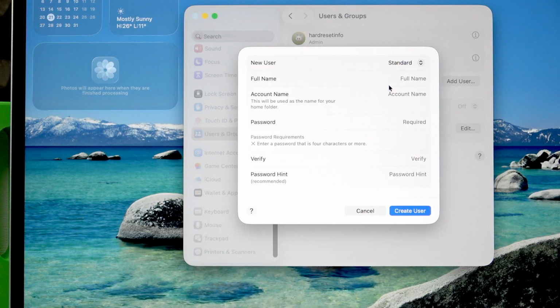Then you're gonna have to select the user type, either standard, sharing only, or administrator. Provide their full name in the first field. In the second field, provide their account name,